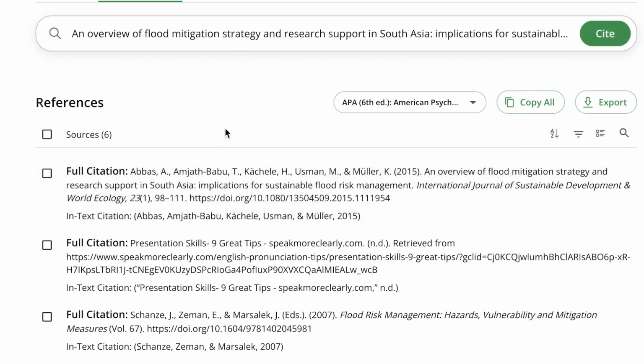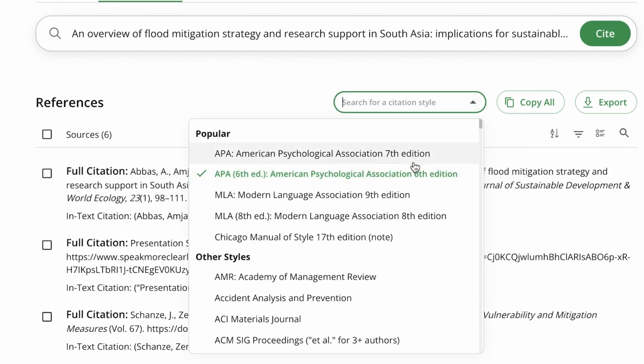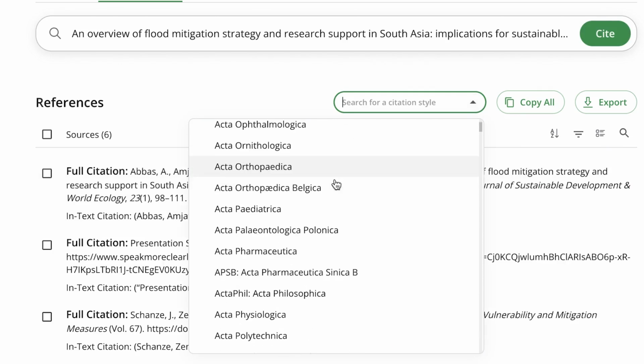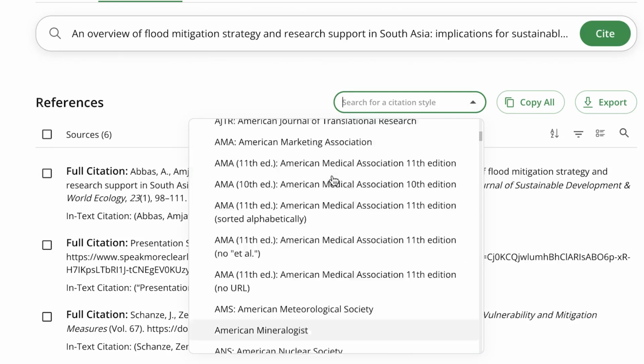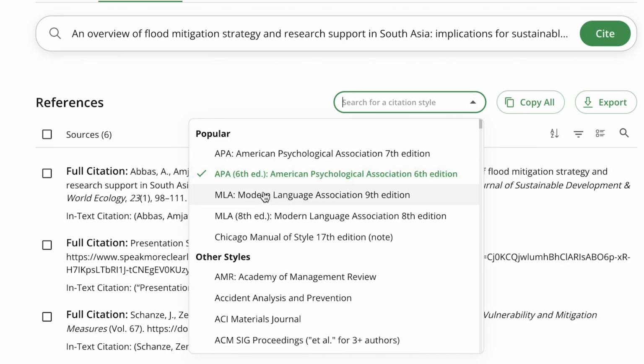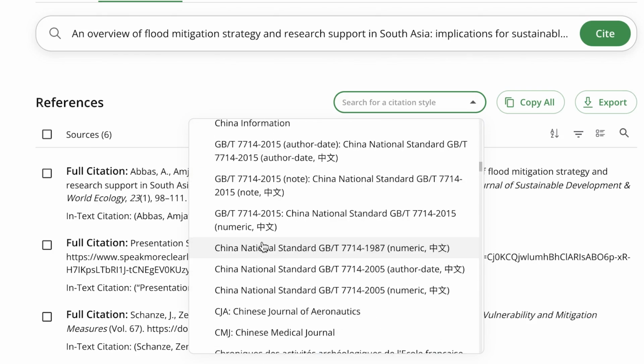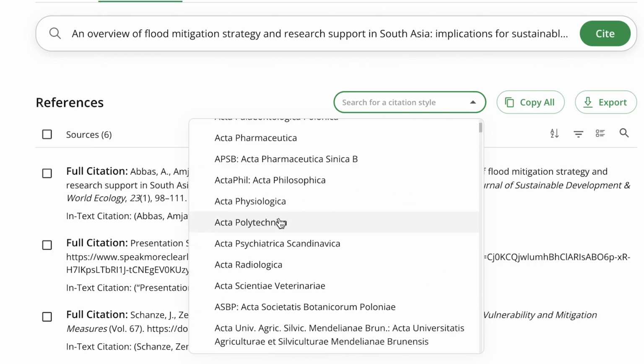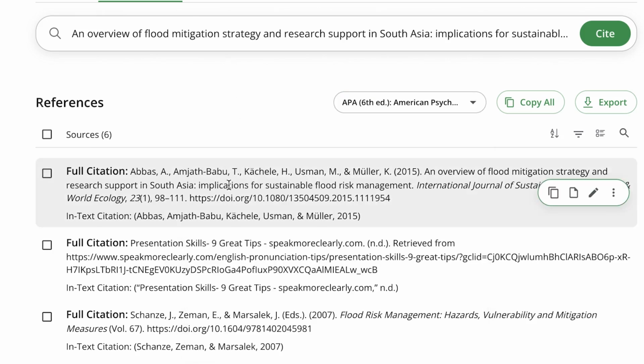Another thing you should pay attention to is the style of the citation. You can click over here in case your school has a different citation style, you can check around from the list of citation styles that you have. For example, in my own school, we use the American Psychological Association, which is the APA format. Okay, you can use the APA 6th edition format. This is the one we use. You can select for your school. If you use any kind of different format, you can select, and it's going to be saving the reference in those formats. You can see everything is being saved over here.